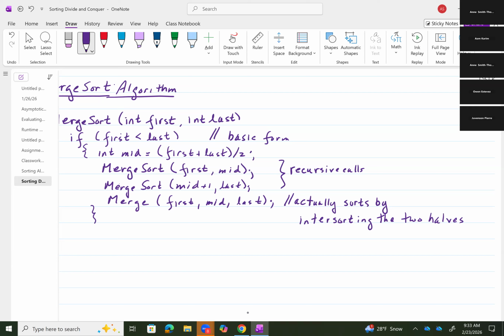Now, when we look at the actual merge code, I am going to frame it a little bit. I actually have to pick them up one paper at a time and make a pile, and then put that pile back in the original folder. So there's a little bit of inefficiency with the merging. I need temporary arrays to hold the data,